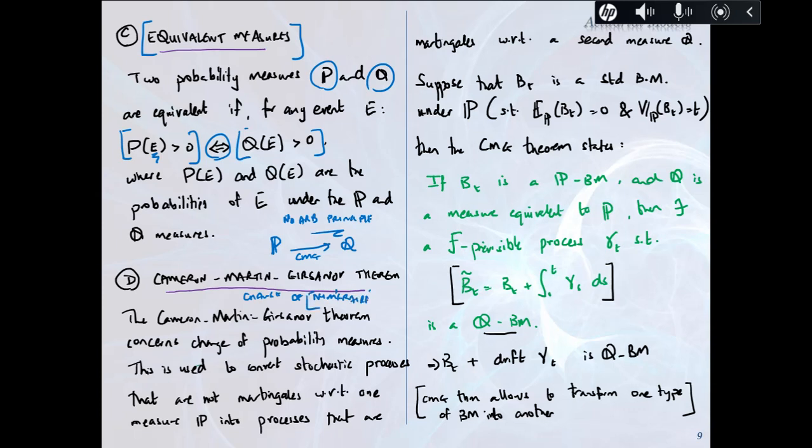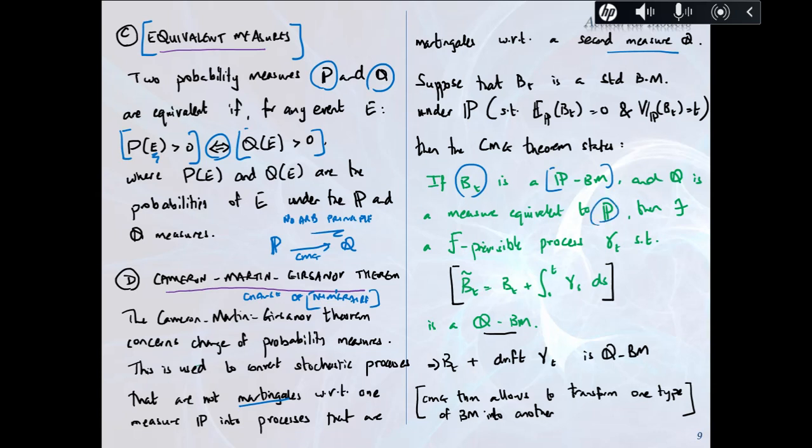It is used to convert stochastic processes that are not martingales with respect to one probability measure P into processes that are martingales with respect to a second probability measure Q. So it says that if Bt is a Brownian motion on the probability measure P, and Q is a probability measure which is equivalent to the probability measure P, then there is